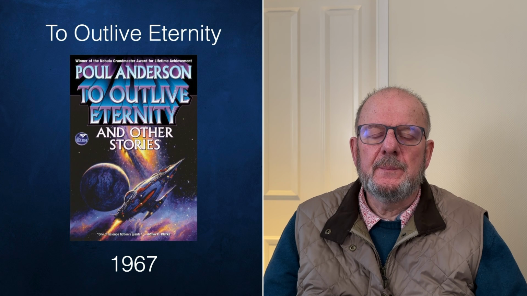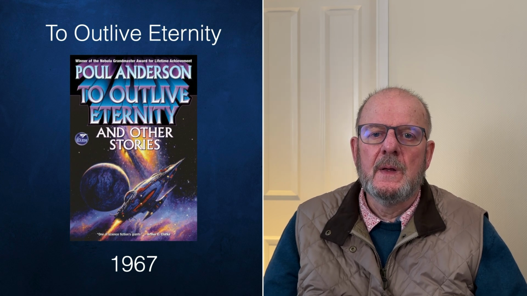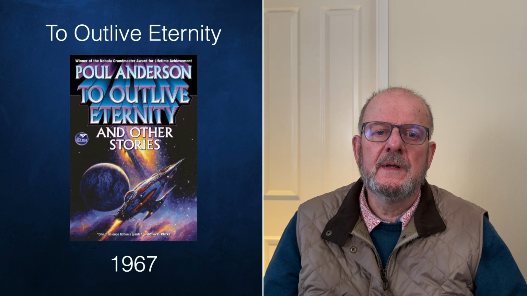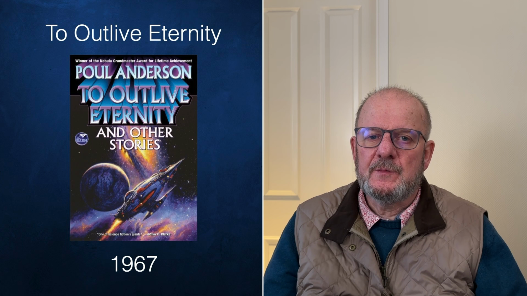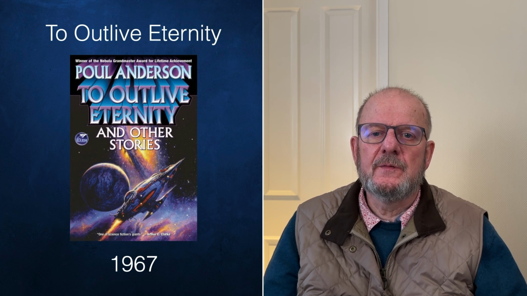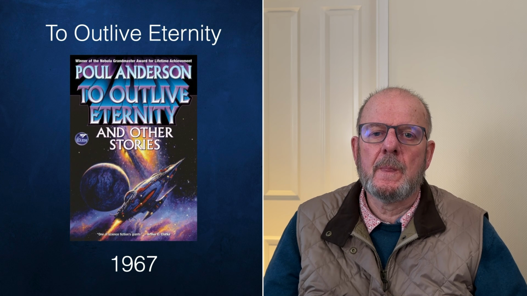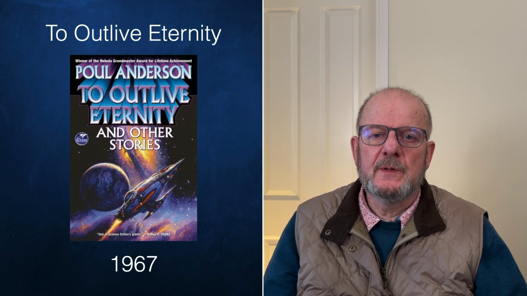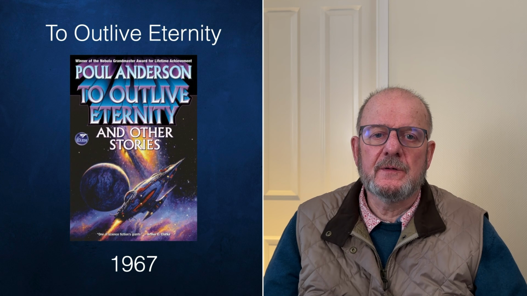Tau Zero is based on the short story To Outlive Eternity, published in 1967. Poul's terminology was aimed not at professional physicists and mathematicians, but at general readers. I'll explain the jargon when I need to make the link from science fiction to science. The story also implicitly sets out the most egocentric solution to the Fermi Paradox I've ever heard. The Fermi Paradox says the galaxy is so full of stars and is so old, so why isn't it stuffed full with alien intelligences? I'll get to that at the end of this video, but here is how Tau Zero